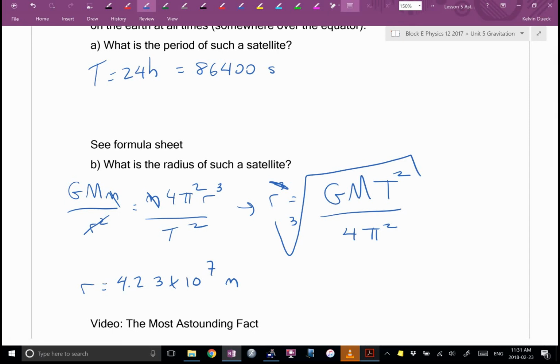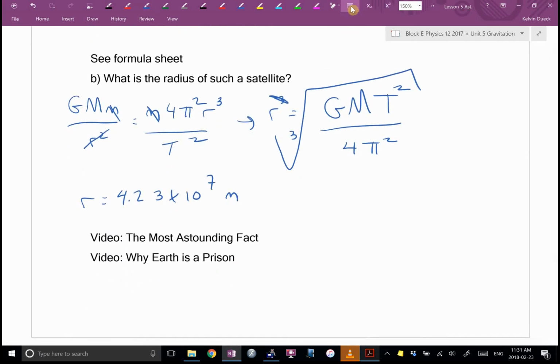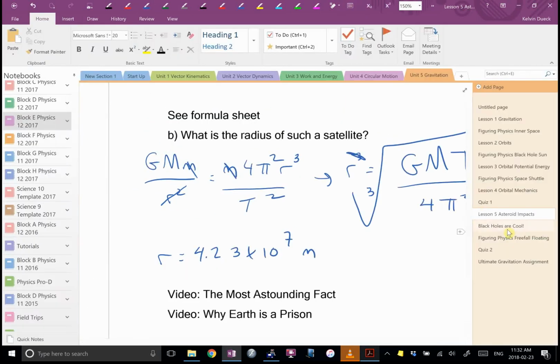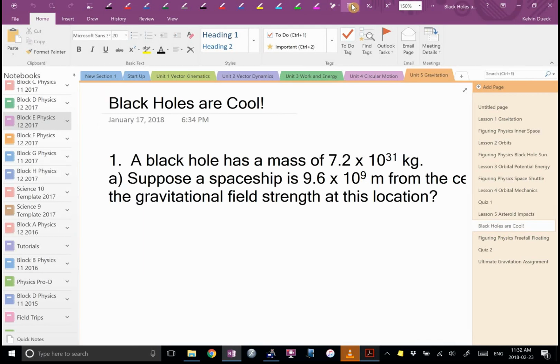The last little bit I don't have written up for you, but it's going to be on your test. So you need to get out a blank piece of paper, please, and as a heading, you can write, black holes are